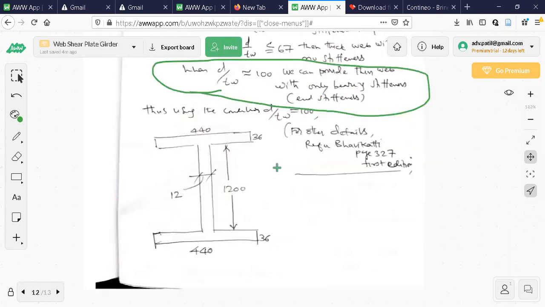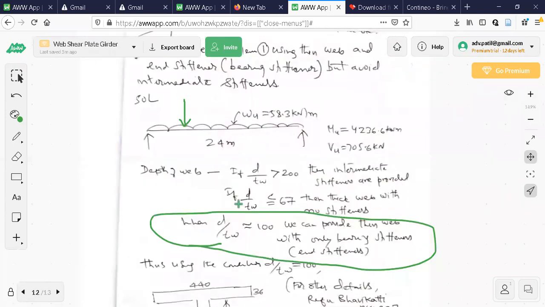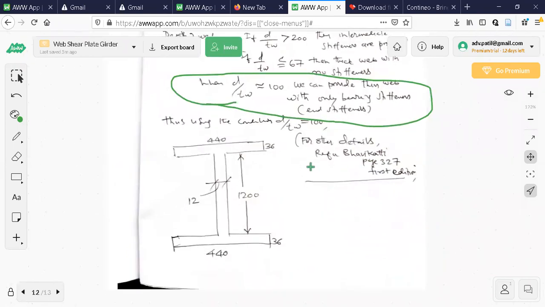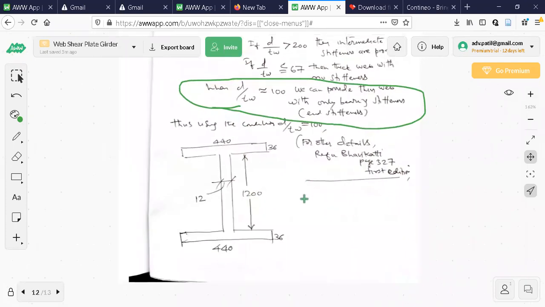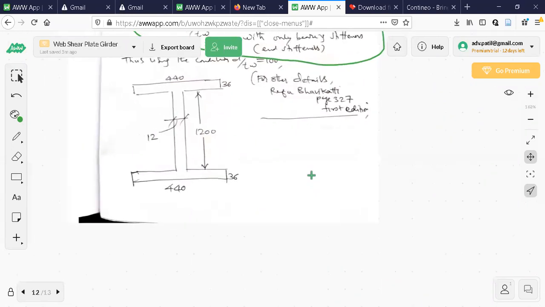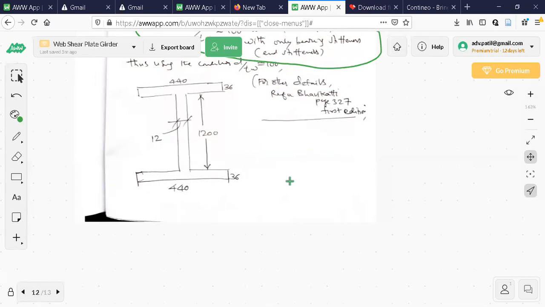So like that, you complete the profile, check the flanges first for moment of resistance, check the web for shear buckling, then calculate FW and all that, check whether you need end stiffeners or what. Usually once you set the condition of D by TW ratio, it goes with that, whether stiffeners are required or not. FW will be less, VU will be more. Again, design the end stiffeners. Like this, you can complete the design. I have to explain intermediate stiffener, which is very simple again. Nothing much is there in that. That will do it later on.